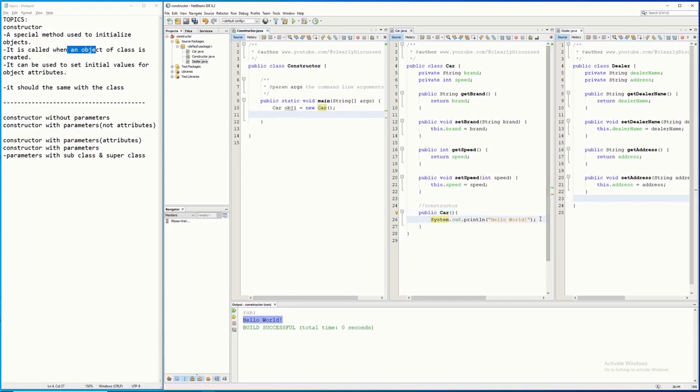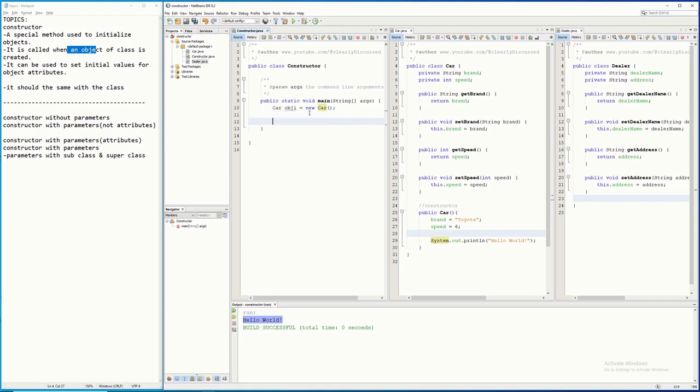And so you can also initialize your variables, your attributes. Let's say, for instance, brand is equal to, let's say, Toyota, and the speed is equal to 6. So something like this. So I can print now. If I want to print here the brand, I can also do that. If I want to print also the speed here, I can also do that. I can also do it in my